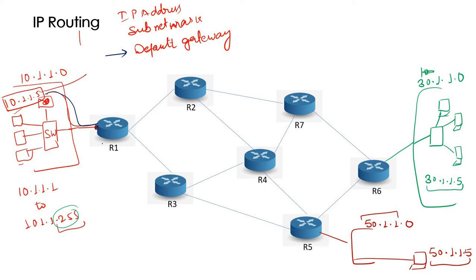Now this R1, router 1, has to take a decision where this packet has to go, whether it is going towards R2, router 2, or it has to travel towards router 3. So if it wants to reach this 30.1.1.5, that is our target, right? Let me write it here as well. It is trying to ping 30.1.1.5. That's the target destination address. So can we reach this 30.1.1.5 via R2? So obviously we have one path like this one, right?